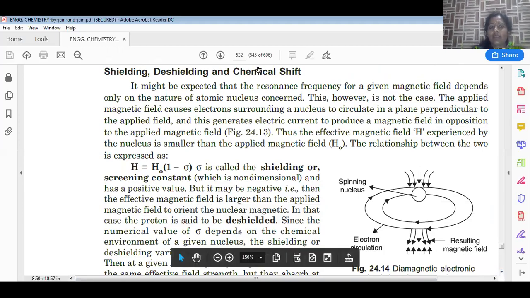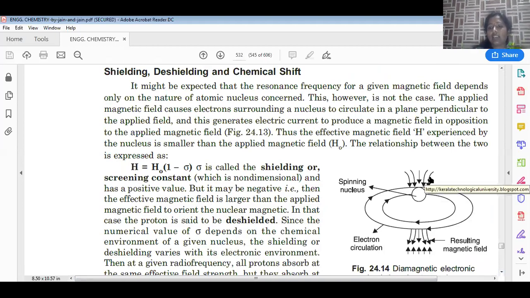Chemical shift is nothing but, when we observe the NMR spectrum, that spectrum is obtained on the scale called delta scale. Delta scale ranges from 0 to 10 ppm. If we are moving towards 0, that is called upfield. If we are moving towards 10, that is called downfield. Whenever a molecule experiences shielding effect, then values move towards upfield, whereas when the molecule experiences deshielding effect, the values move towards downfield shift.